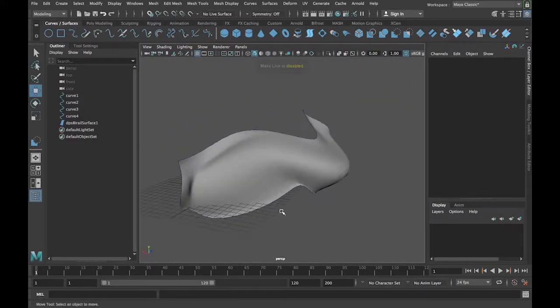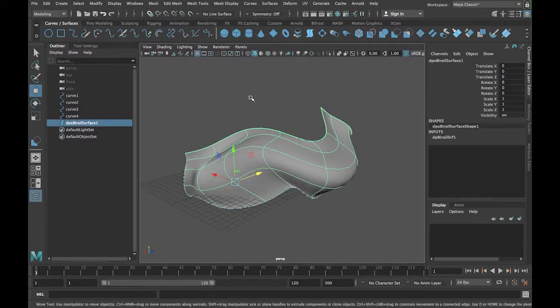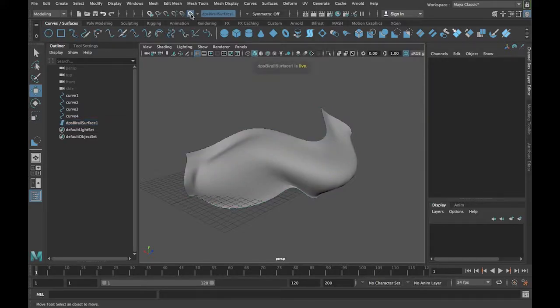So there are some pretty interesting things you can do, even at this point. I can use this live function here. If I hit this snapping tool here to make the surface live, I select my surface and then click this little magnet and it says the surface is live. And now I can actually draw curves on the surface